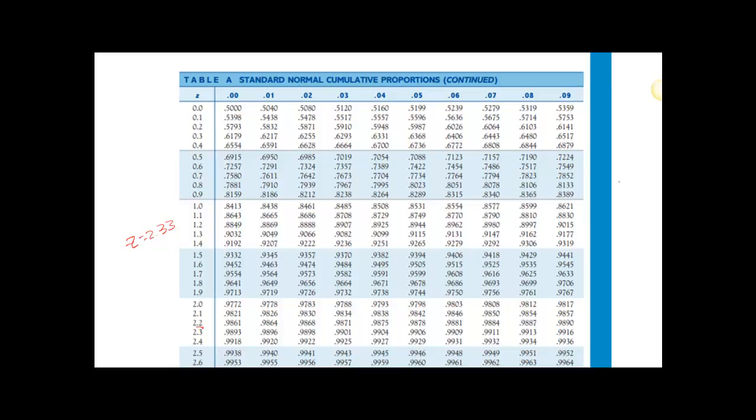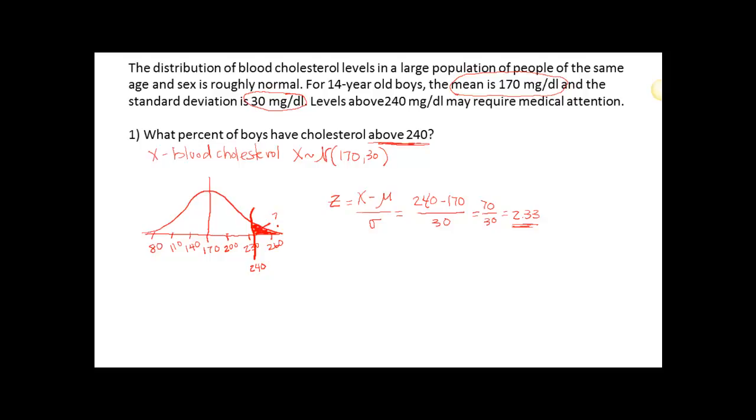So I'm going to come over here to 2.3. That takes care of the ones and the tenths place. And for the hundredths place, I'm going to come to the 0.03 column. So where these two intersect is the value that I'm looking for from the table. It's the area, or the percentile. So we get 0.9901 from our table. So back at our problem here, I'm going to write that down. From our table A, we got